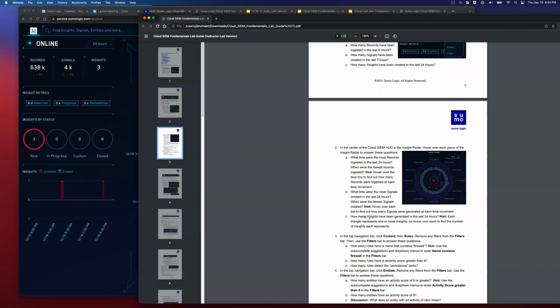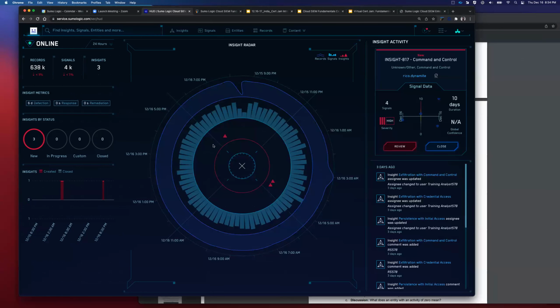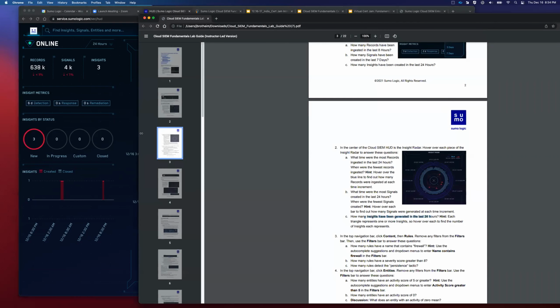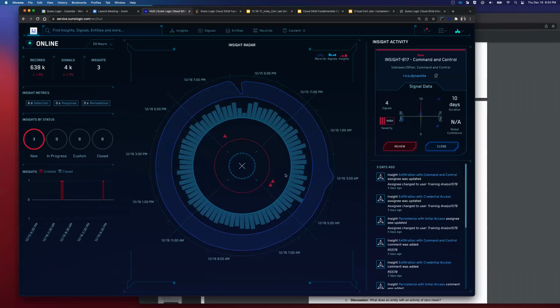And then how many insights have been generated in the last 24 hours? Once again, they're shown here. Keep in mind, I mentioned this, it's important enough to mention again, but the amount of triangles does not necessarily equate to the number of insights. You could have 3 triangles and have 4 insights. This one could have 2 insights. So although we're led to believe that there's 3 triangles, for the total number of insights we should just rely on the number there. And as you may have noticed a moment ago, the system is constantly refreshing. Every 30 seconds, it's going to pulse and refresh, which is helpful as well.